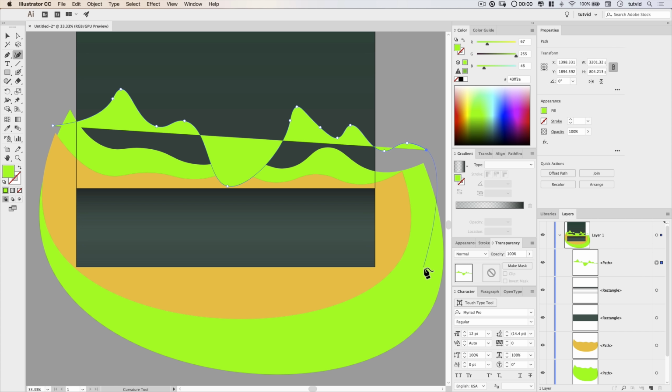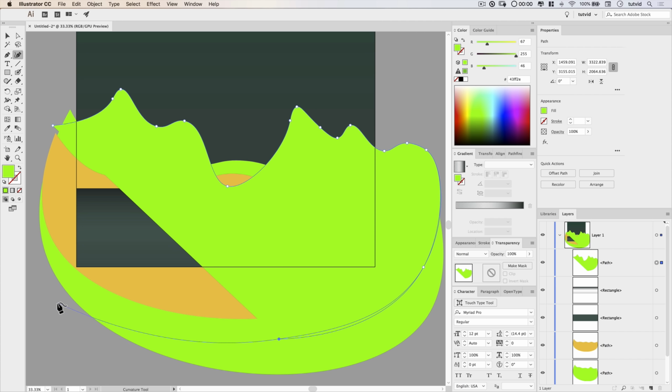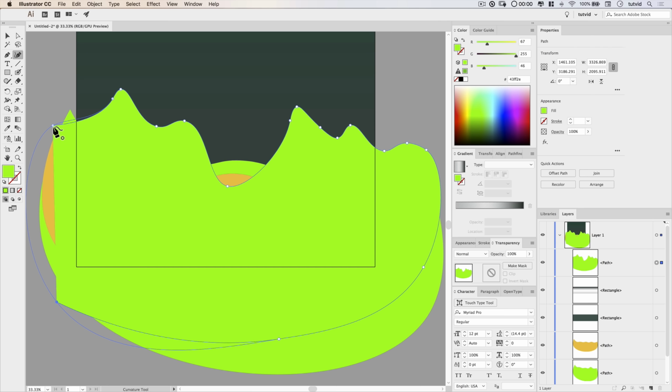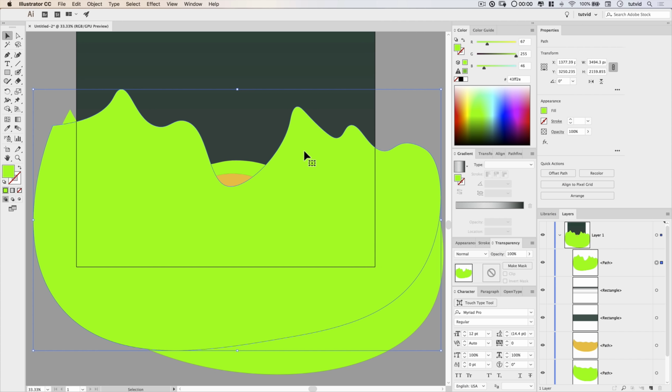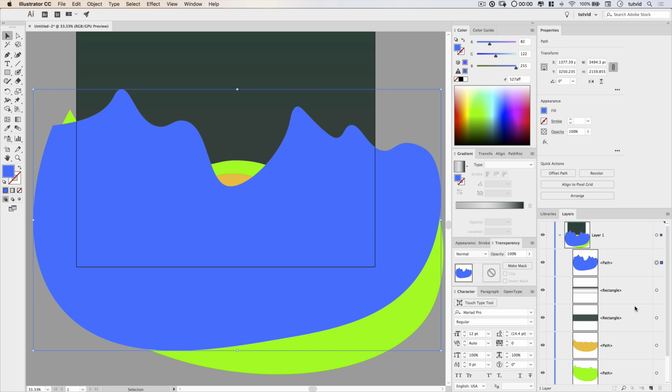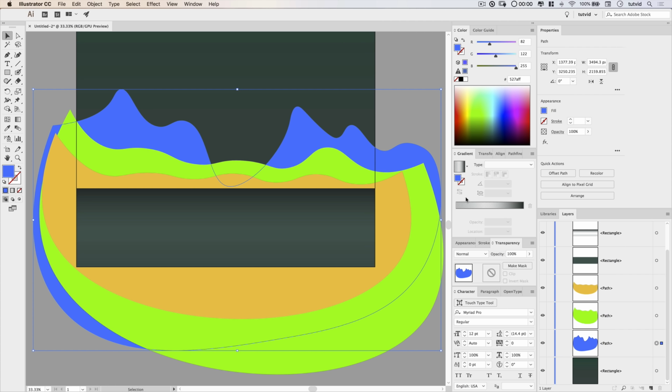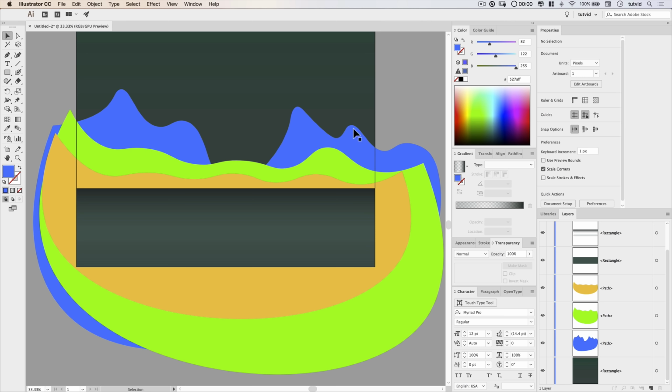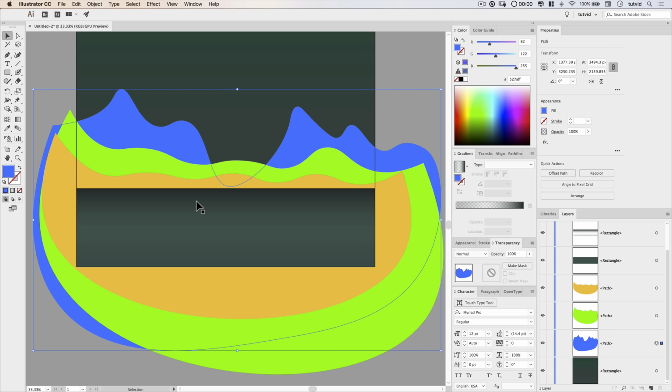And then I can just go ahead and draw my shape all the way around. We didn't give this a different color, but I'll fix that in a second. I'm going to hold down Alt or Option and just join that last path off. And let's give this maybe like a bluish color. And let's drag this all the way to the bottom. So there we go. So now we sort of have this series of mountains